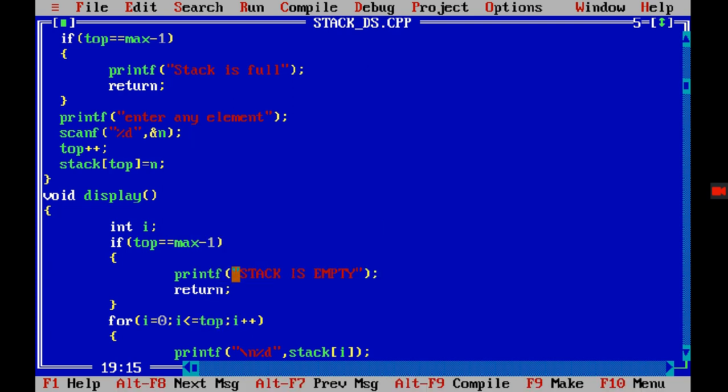So for reversing the loop, I need to start with top, and then i is greater than or equal to 0, and then i minus minus.